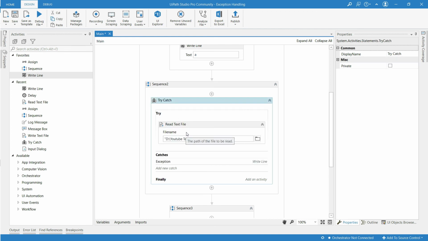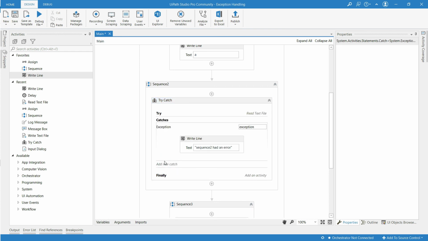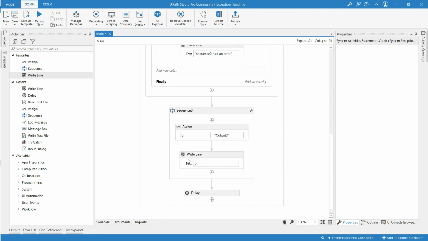So try the risky thing inside this try block and handle the error in the catch area. Anytime you expect to do something risky, you can wrap it inside a try catch activity. So this is the risky activity, and if there is any error in sequence 2, it can still execute sequence 3.